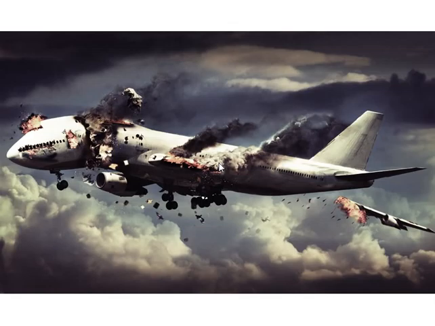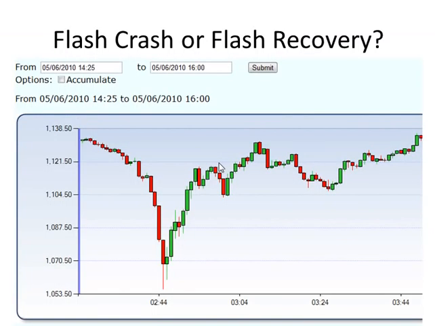Not really. In case of a plane crash, what we do is we determine what the cause or the causes of this crash were, and then we put robust mechanisms in place to prevent such a crash from occurring in the future. Now, I would like to take this thought forward to algorithms. In recent times, we have seen what we like to call flash crashes in the market. But almost always after a flash crash the market recovers from these incidents.